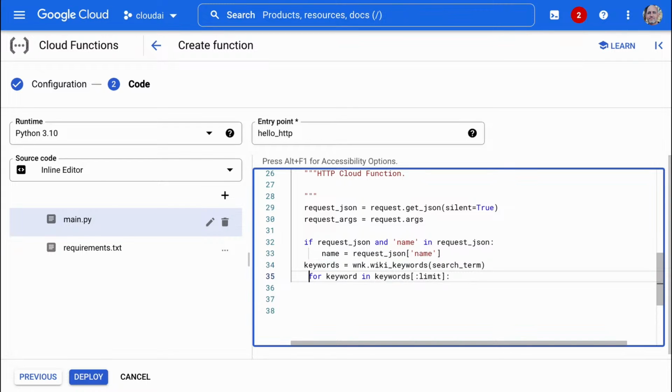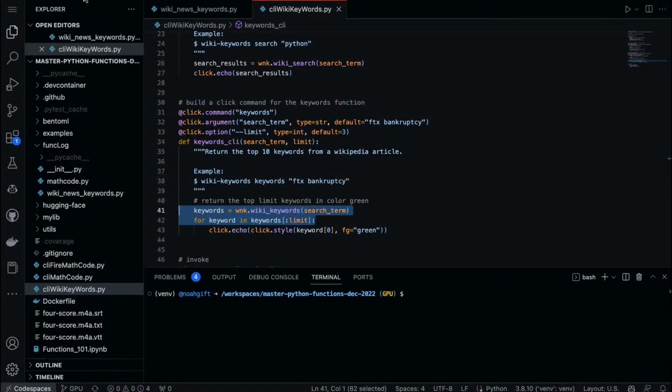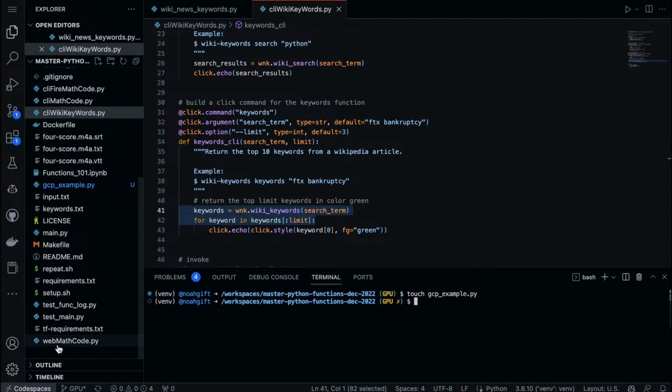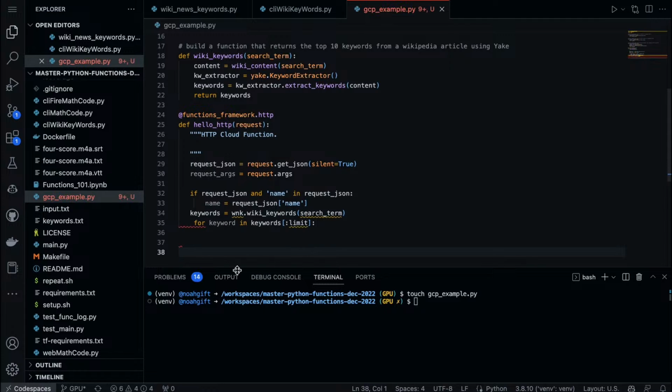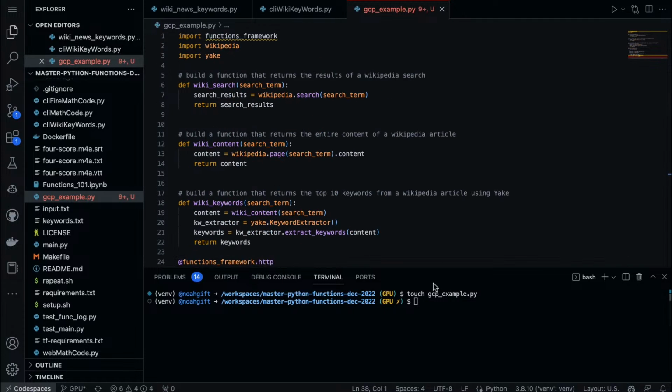So it's going to be something like this. This code is so convoluted that I might even need to just build like a GCP example or something like that here, local example, just so that I can get a proper editor, because it could really be tricky to debug. And so here we go, GCP example. So at least you can see it's just a mess, right? So I could say, make refactor here.